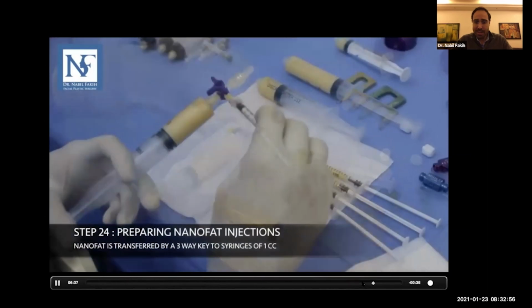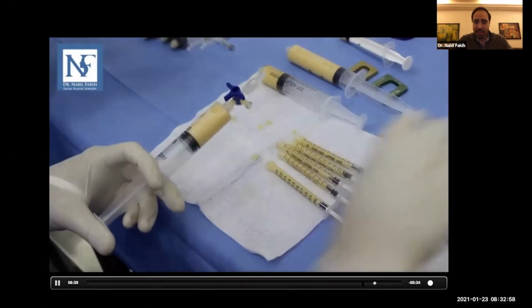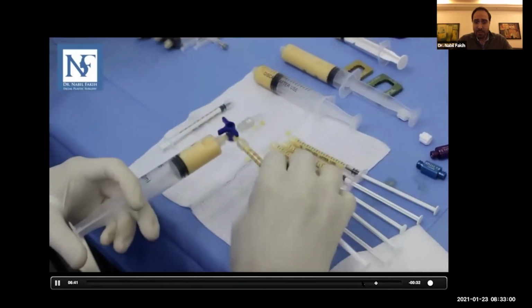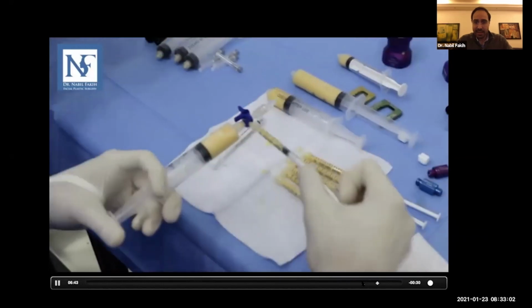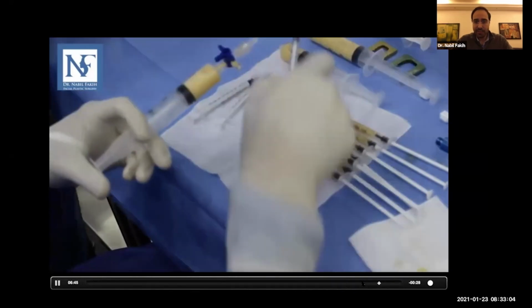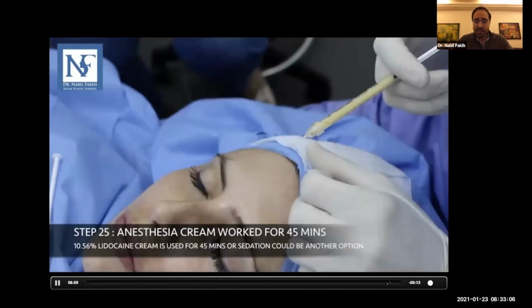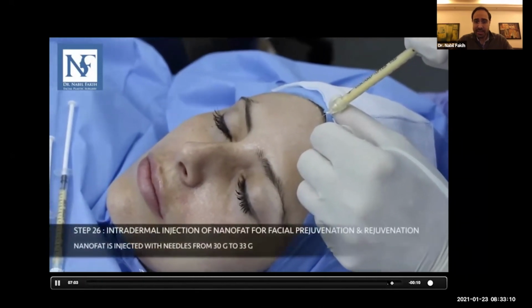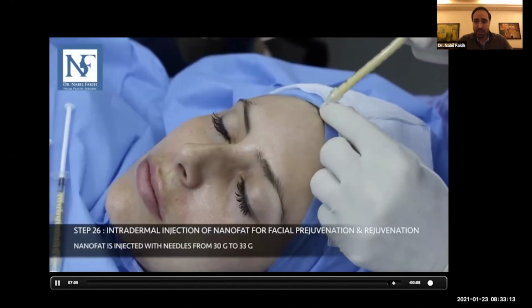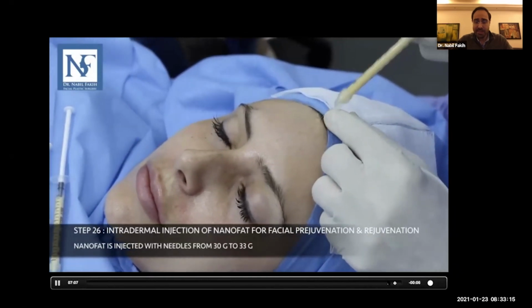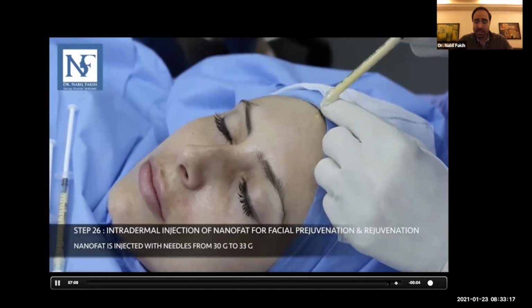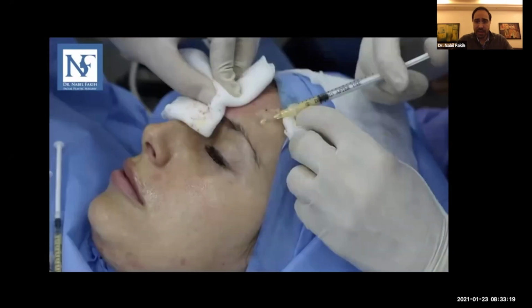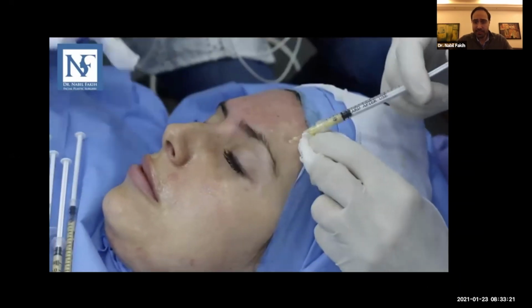We will start preparing 1 cc to inject them in the face. So we prepare all the 1 cc needles to start injecting quickly in the face. Great. So after this, we'll start injecting on the face, area by area. And since it's nanofat, we're doing intradermal injection. You should see bumps everywhere in the face, and we start injecting all the face. So this is how we go fast with it.